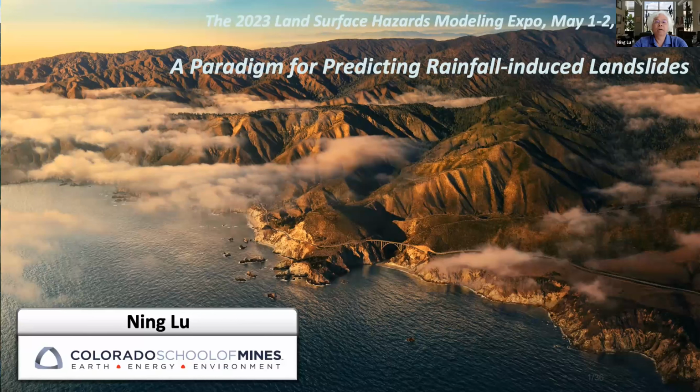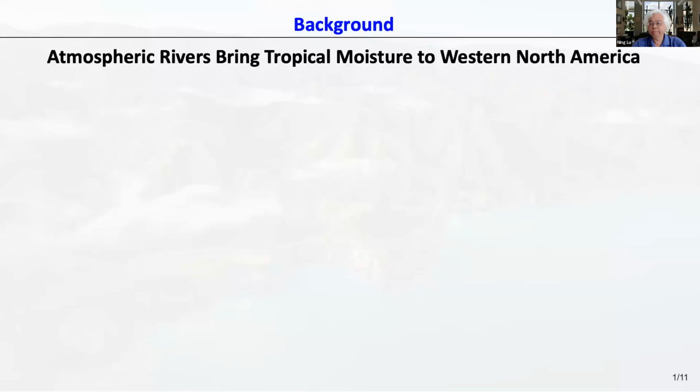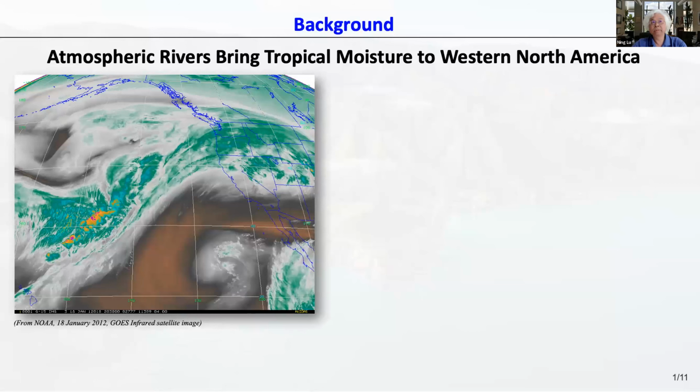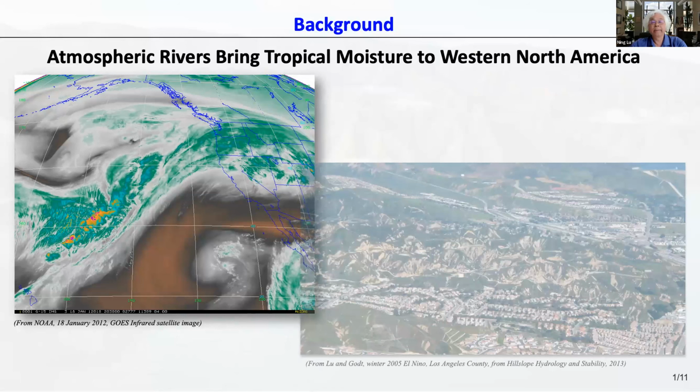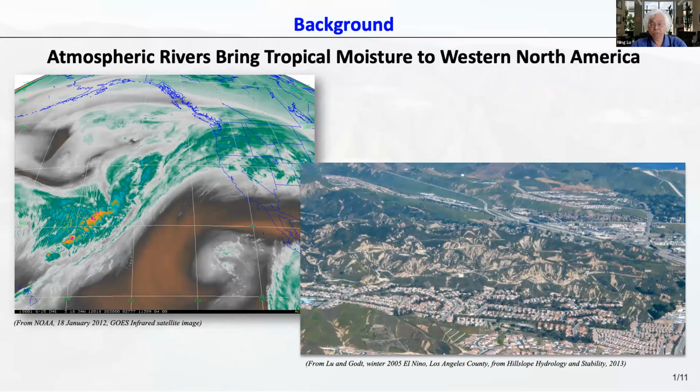Today I'm going to share with you the development we have been working on for the last 2 decades on predicting landslides due to precipitation. As we know, due to climate change, we have atmospheric rivers in North America, particularly the Pacific West Coast, and the storms will come to hit the land. As they do so, the temperature is going to drop, and the humidity is going to increase and cause a different kind of precipitation, whether it's snowfall or rainfall. And that can cause or trigger landslides.